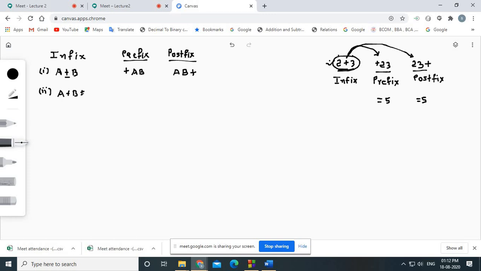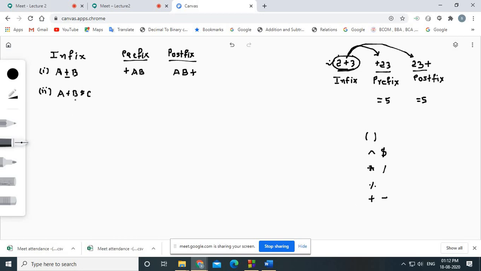Now see here, as I have already told you, you just have to consider the priority, right? The highest priority is of parenthesis, that we know. Then either caret sign or dollar sign, so you have to consider it second highest priority. Then the priority will be given to the multiplication operator and division operator. Afterwards you have to give preference to the modulo operator, and at the last you have to consider plus and minus. Fine.